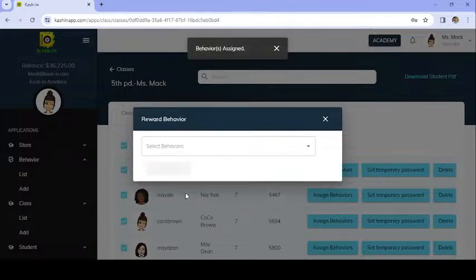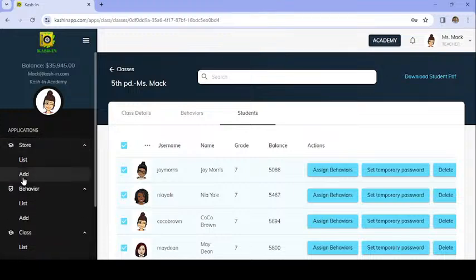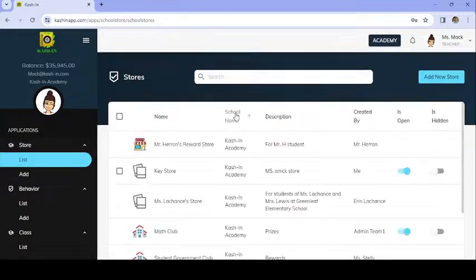Okay. Now, once the students have enough money in their account, they can then go to an online incentive store that is created by the teacher or the school, depending on what kind of school it is. If they already have a system in place for these kinds of rewards, this should be an easy transition to implement something like Cash In. So you would just simply go to the store list,